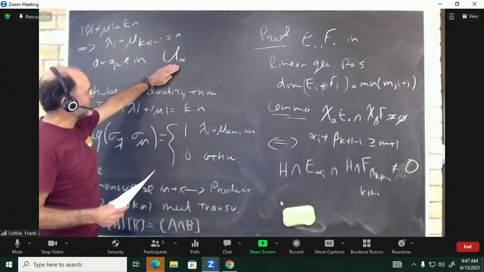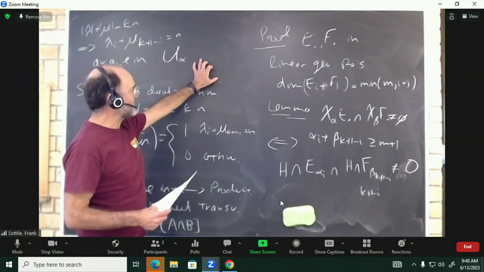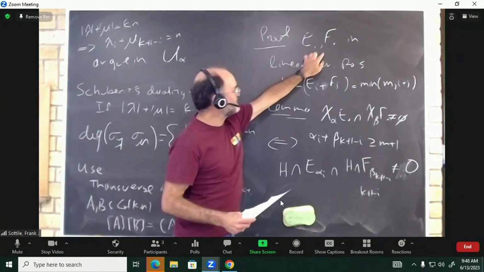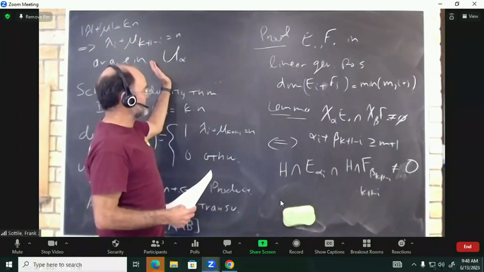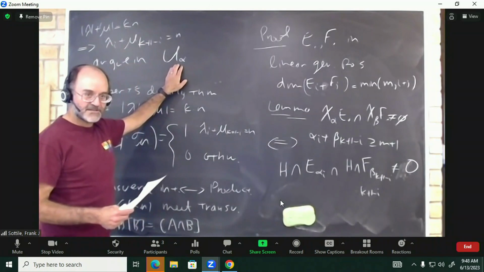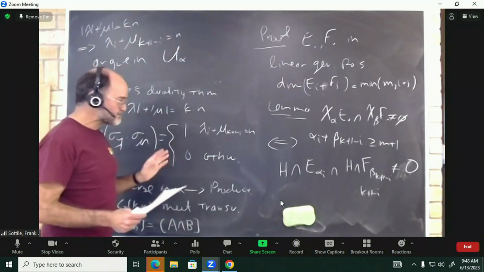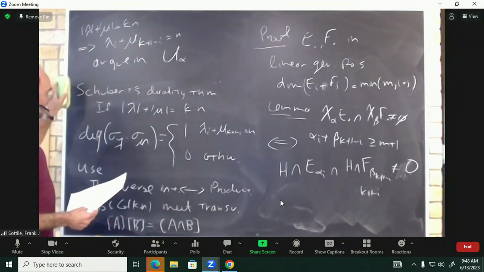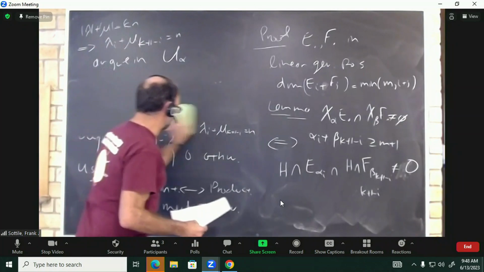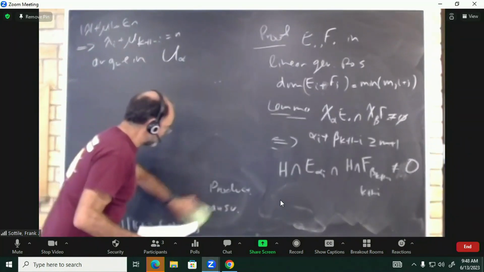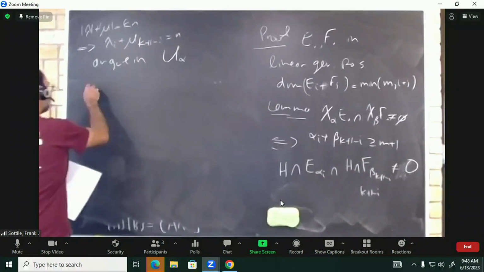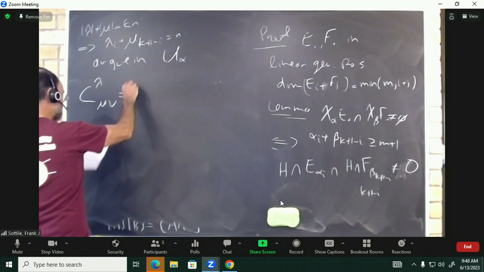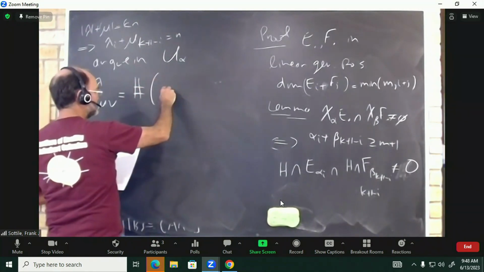But you argue in U alpha, remember that I defined the Schubert variety where all the variables to the right were 0, and with the opposite flag, all the variables to the left of the pivots are 0, and then you see they meet transversely in a single point. And that then proves this theorem. This theorem has an important corollary. Because of this duality, what we find is that c lambda mu nu is the number of points in